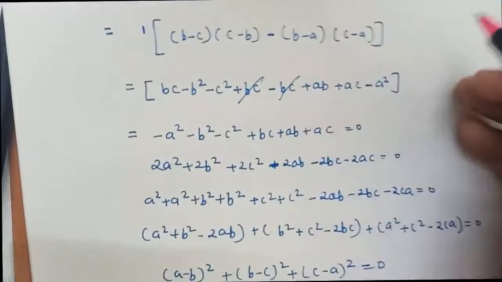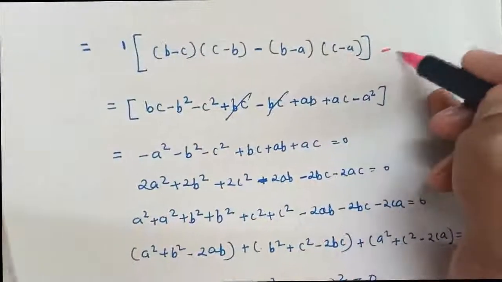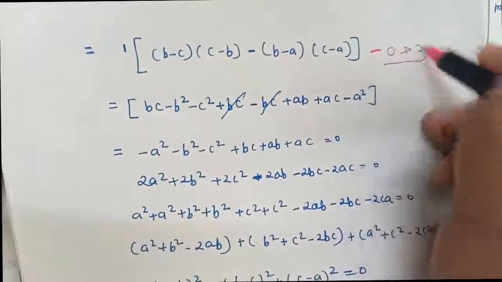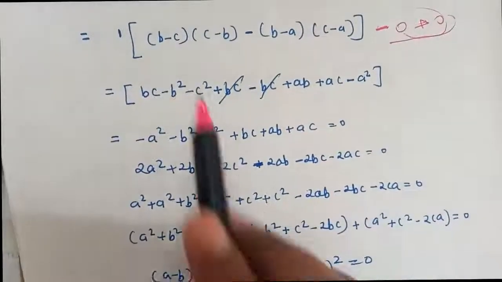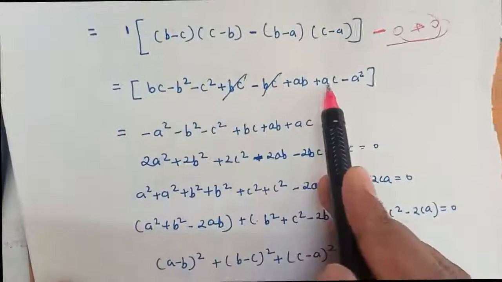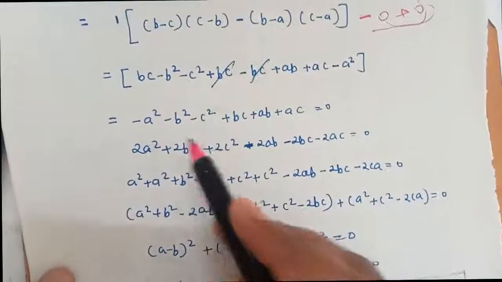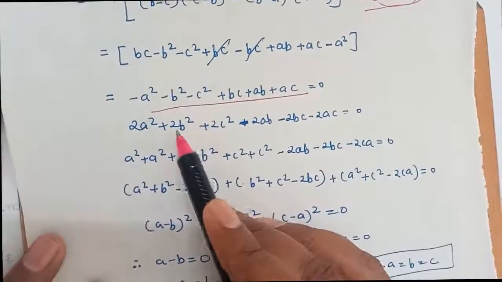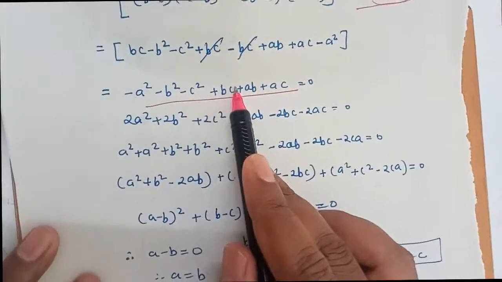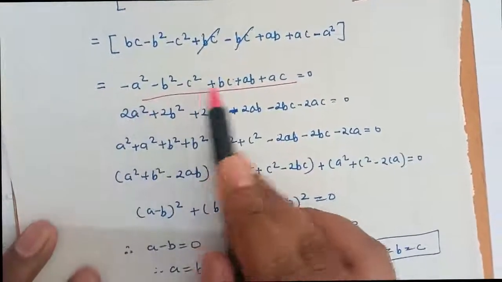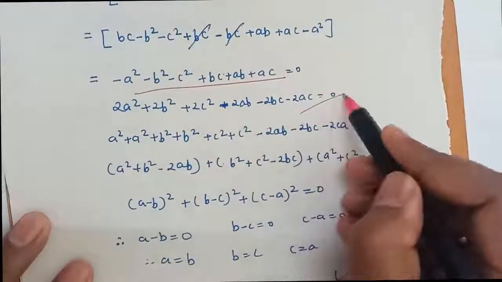Here minus 0, here will come as minus 0 plus 0. This I will not take it because anything is going to be 0 here. So multiply this and this, I am getting BC will be cancelled. Remaining thing is this. So what we can do is multiply the 2 to every element here: 2a square, 2b square, 2c square, and change the sign. This is what is going to come.